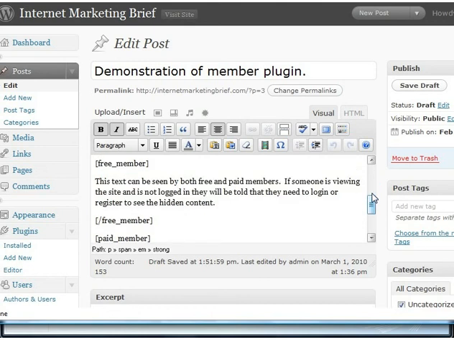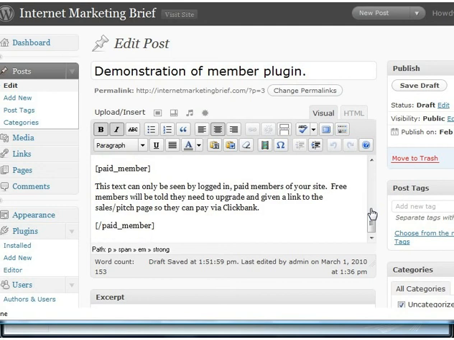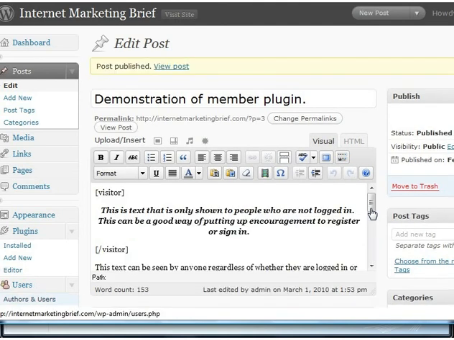Then just to demonstrate, I've put a piece of text between a set of free member shortcodes. So that will be shown by anyone logged in. If they're a free or a paid member, they will see that piece of text. There are other shortcodes that are documented in the manual that will allow you to put in text that's only seen by free members and isn't seen by paid people or visitors. You can look at that yourself. And then I've put in here a piece for paid members only and put that between a set of paid member shortcodes. So if we publish this post,